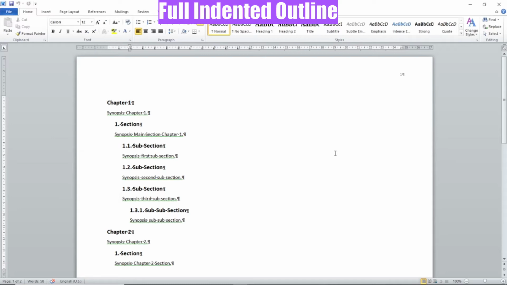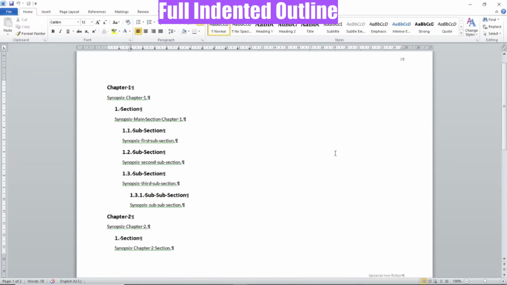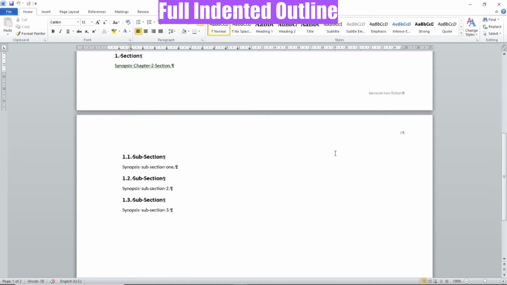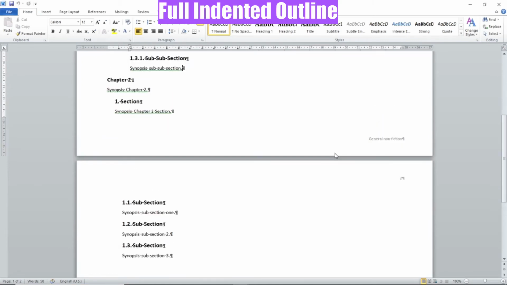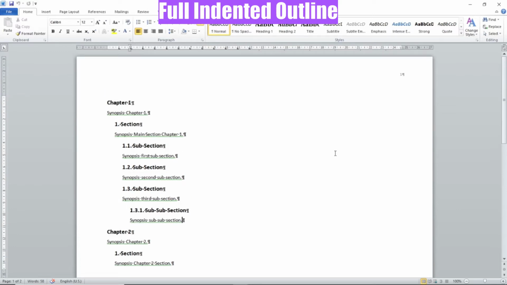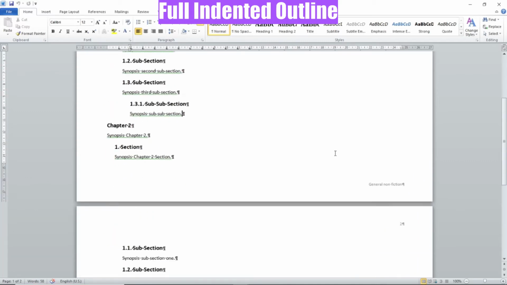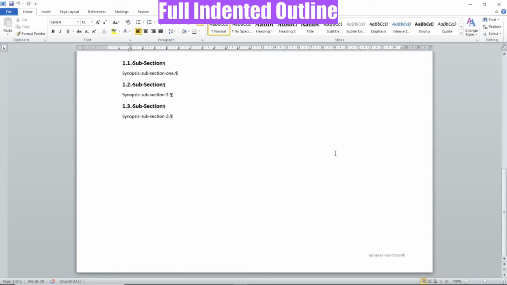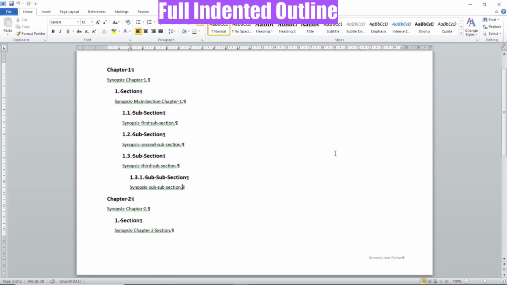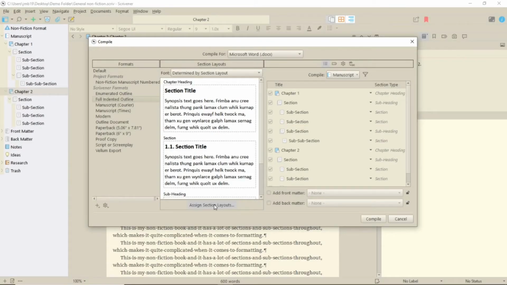It's in landscape, which I presume is normal for this kind of document. As you can see, the chapter is numbered normally, and each section within it is numbered correctly for the levels, starting with 1. Then chapter 2 is numbered normally, and the numbering within the section goes back to starting with 1. Obviously, this can be adjusted by selecting different section layouts. You might well want all the chapter 2 numbers to begin with 2. Let's try a few variations.